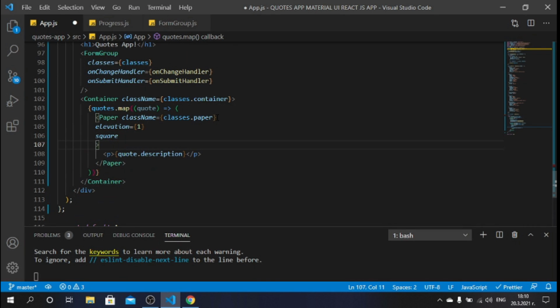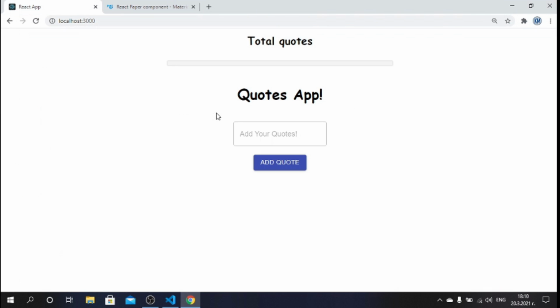We also want variant to be outlined, and that's pretty much it. So now I will save and go back to my app component and put it here,